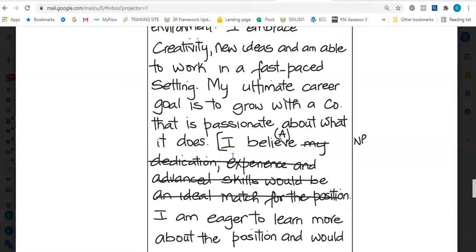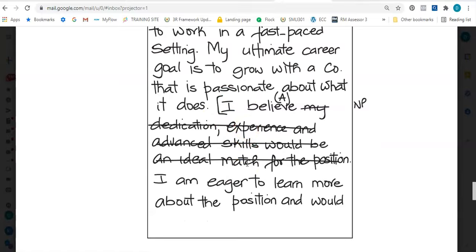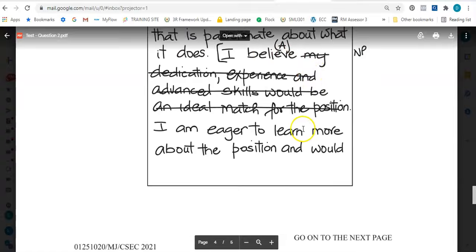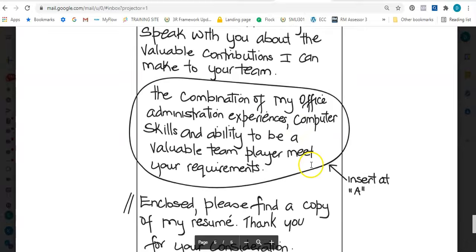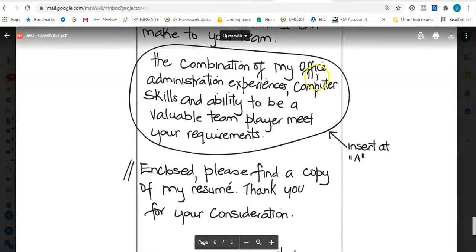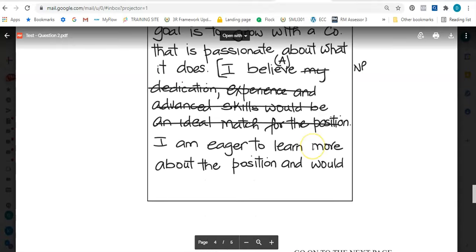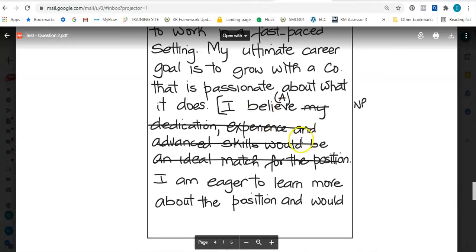So the third paragraph should begin with the word I. So it should read, I believe, and then I'm seeing things being crossed out here. Then I see the letter A. So it simply means that somewhere below this letter is a section of information that should be inserted here. Let us scoot down and see where that is. Okay, here it is. This bubble here, and it says insert at A. So it should read, let me go back up, I believe